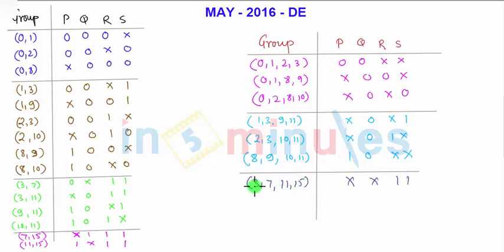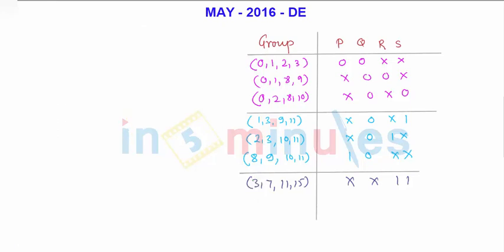So that's all about the next group of Quine-McCluskey method here. On the basis of this group, again we have to reduce the equation till we find nothing is common in the next group. So again what I will do, form a new group. So this is the formation of new group here, and the variables P Q R S. Now I will compare this first group with the next group.